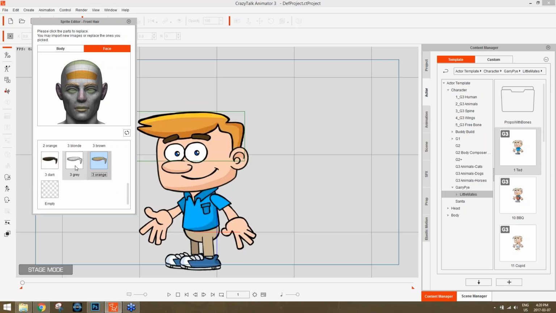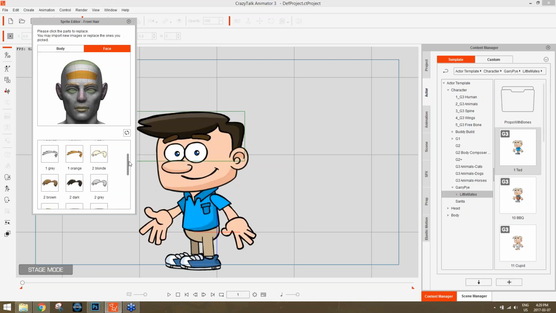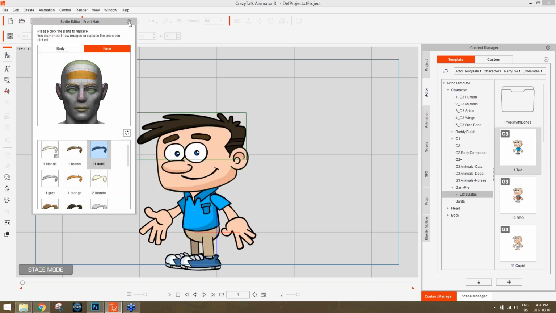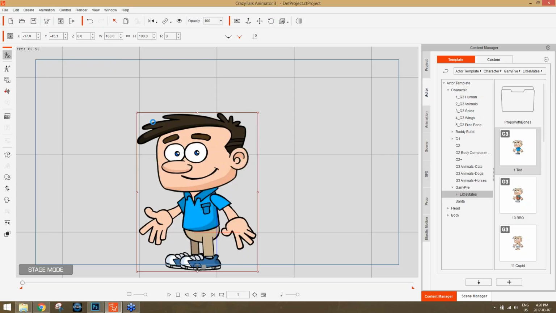So it may take a little bit longer to load up. If you want, you can just delete all these hairstyles, and it'll save some loading time on your character. But generally, I like to keep them. If you want to have your character load faster, you can just delete them all and just load in the one that you want. So for example, if I go to composer mode here,